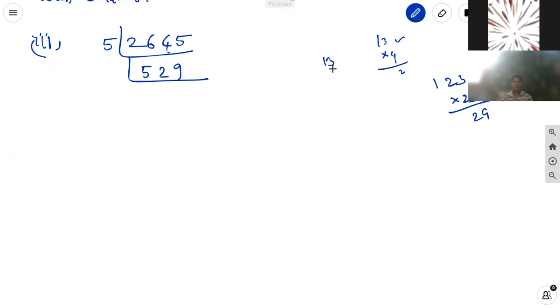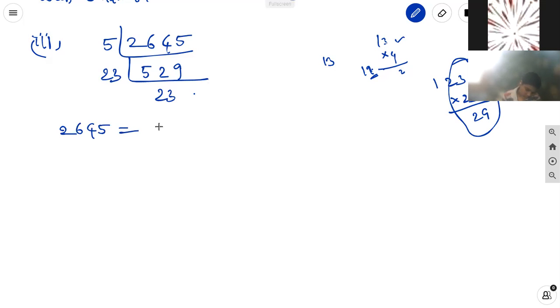17 is also not divisible. Why? Because 14 is an even number, 15 is a multiple of 5, 16 is a multiple of 2, 17 we check out, 17 is also not divisible. 18, 19 is also not divisible. Why? Because 19 19s are 361 there. 20 not. 21 is also 441. So we know these prime numbers. Perfect square: 23 square is 529. So it is 23 into 23.